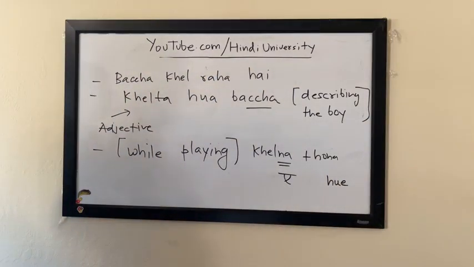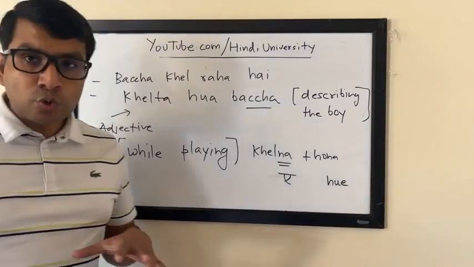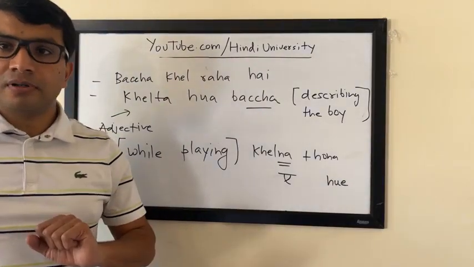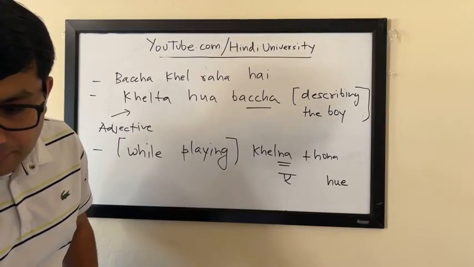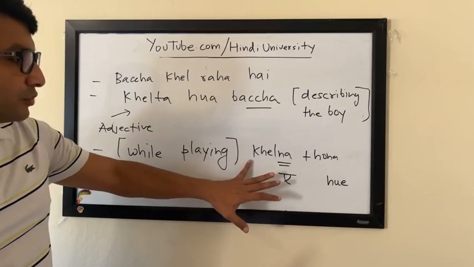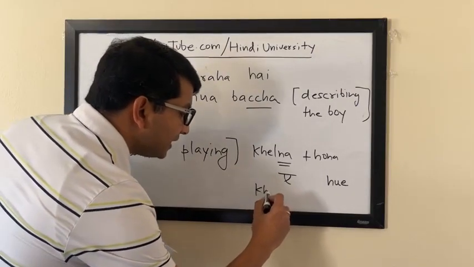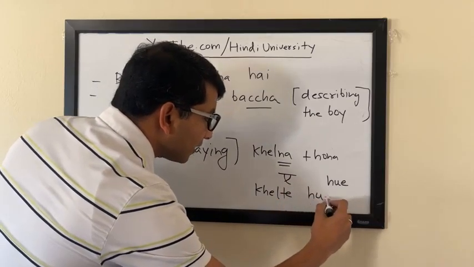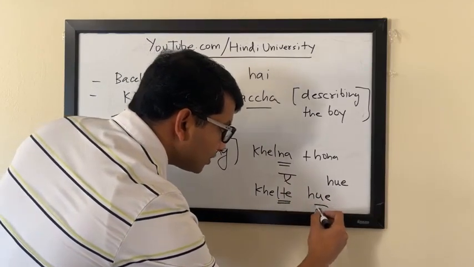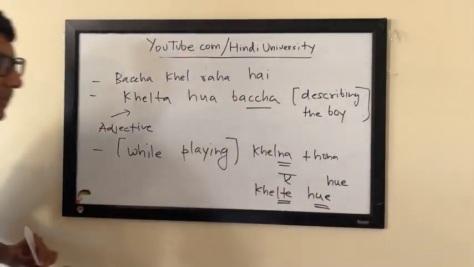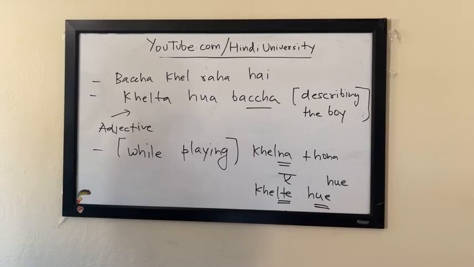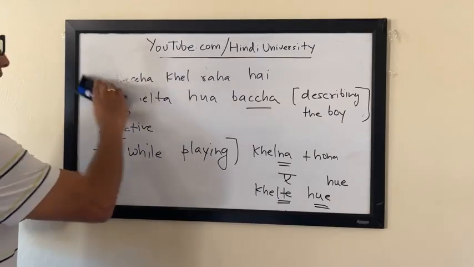Unlike when we use them as an adjective, there were 4 different things that we discussed. Bear with me, it may be a little bit confusing, so I have to give you some more examples so it makes sense. But when you're using it as an adverb, it will be khelte hue, always ending with a, always invariably using hue. That is basically the rule for using it as an adverb. Now what does it indicate? I'm going to erase this part.